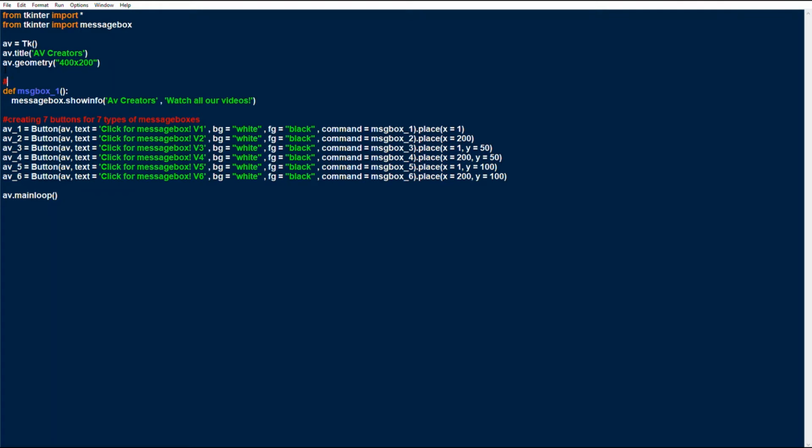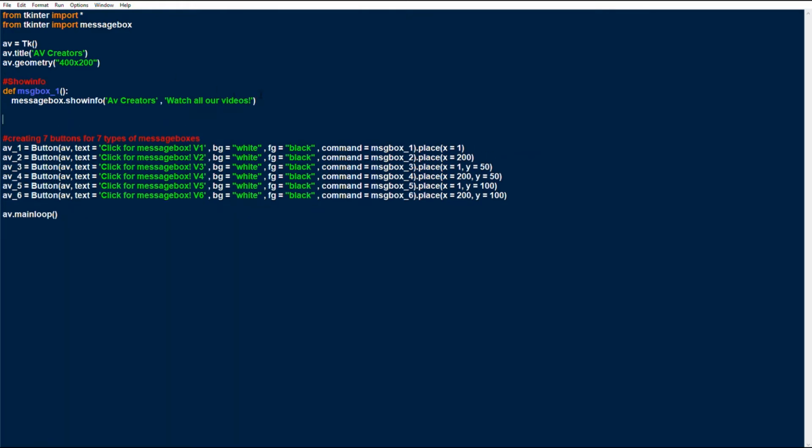So it's always important that when the code starts getting lengthy, we keep comments, especially in cases like these where things might look similar, because everything starts with message box dot. So that was show info.